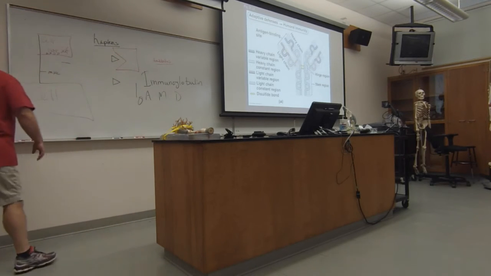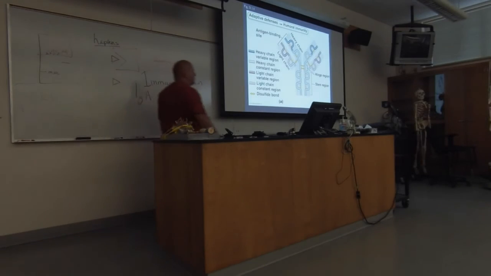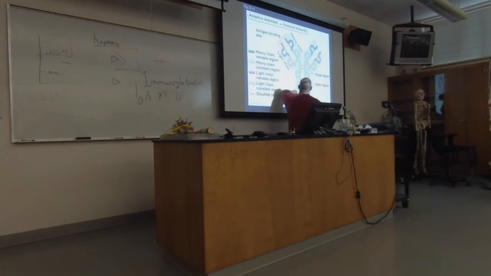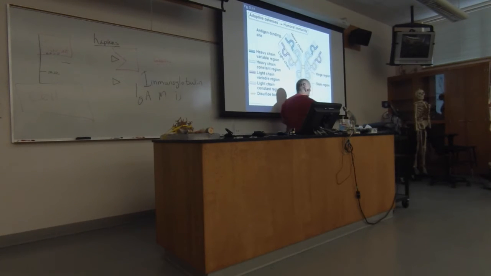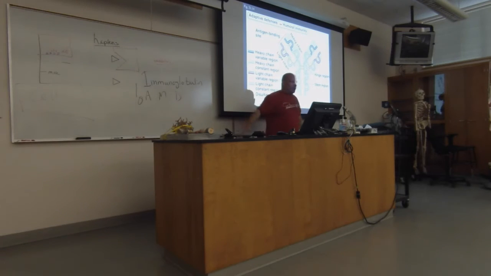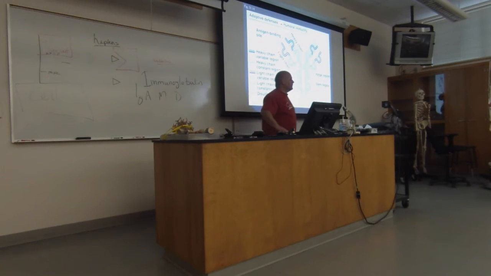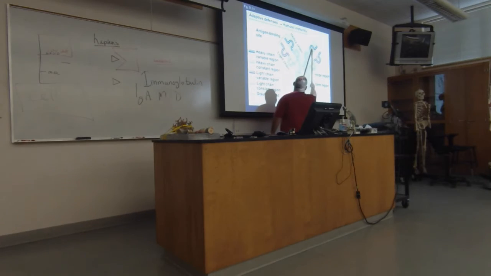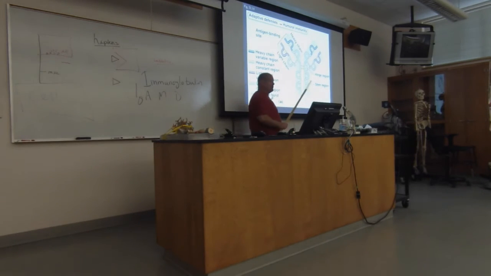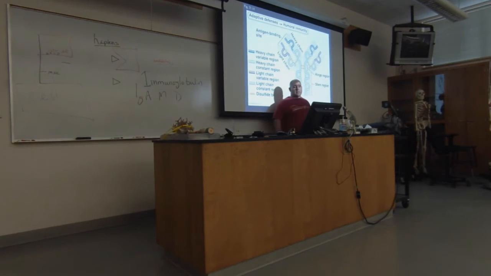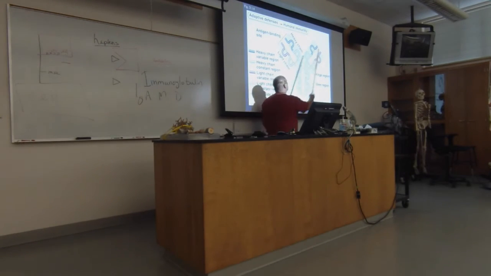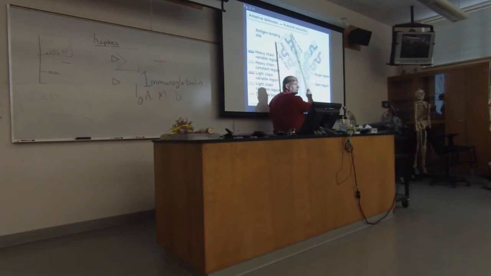Now when you look at its structure, we have an area that's referred to as long chains or heavy chains, and they're the ones that are here on the stem portion, the leg of the Y. I've got the leg here, and then the arms go out to the side. And then on the inside is a continuation of my heavy chain. And then I have two light chains on the outsides of the arms. This is where we bind our antigenic determinant.